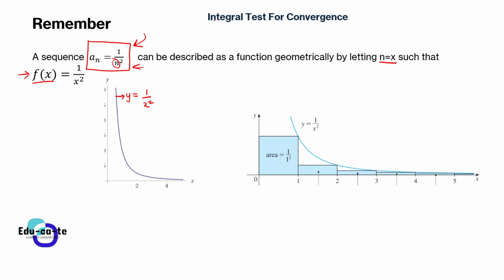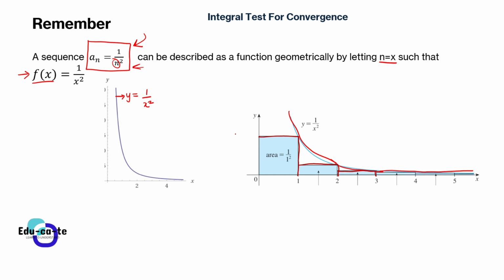Remember, we just take this function y is equal to 1 over x squared. So this is the function. It's a decreasing function. And then you plot rectangles underneath the function. To find their area, you just multiply the value f of x with the value of dx. So you plot rectangles. That's what you've done in calculus 2.